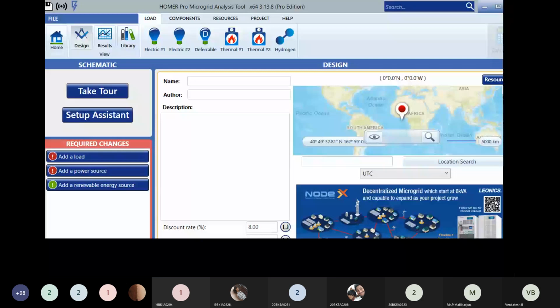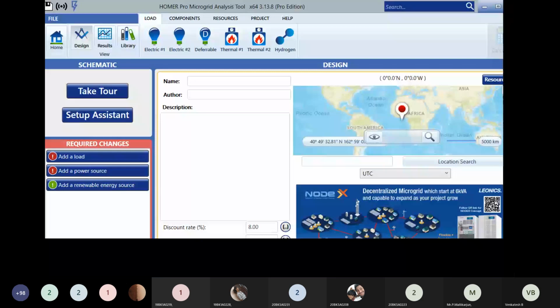Solar irradiation option is available in two types: one is National Renewable Energy Lab, or NASA Surface Meteorological and Solar Energy. You can use any one database from these. There is no problem, whatever you want, you can select. Not an issue, there is not much difference. I analyzed both the data. Suppose I want to take NASA, select the second option. Temperature is also from NASA, having only one option. And wind is also from NASA.